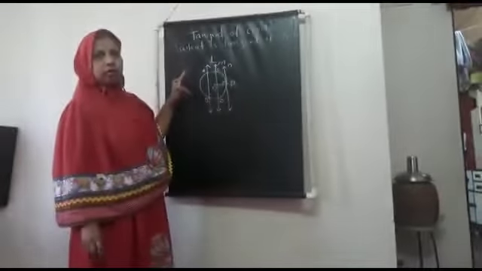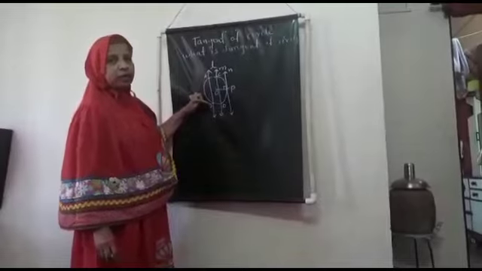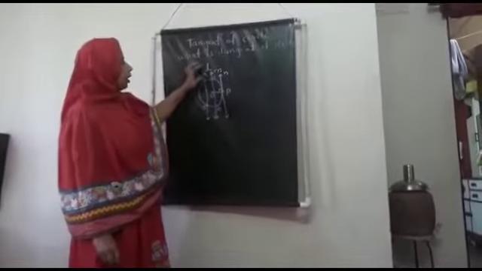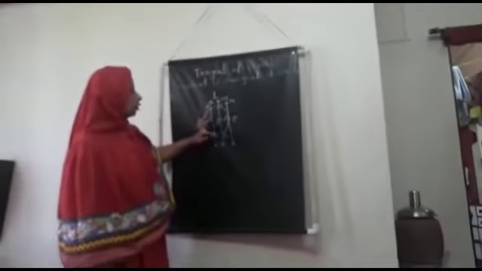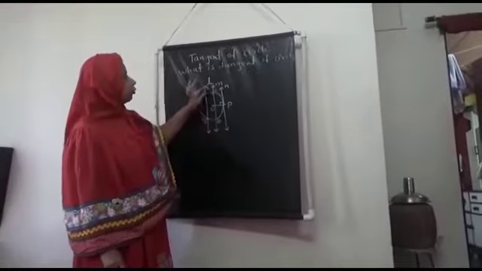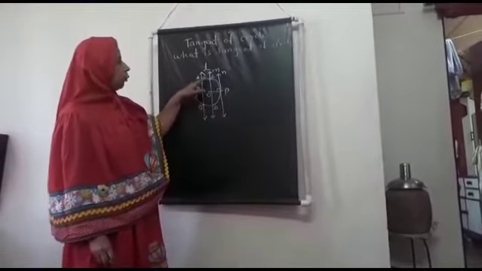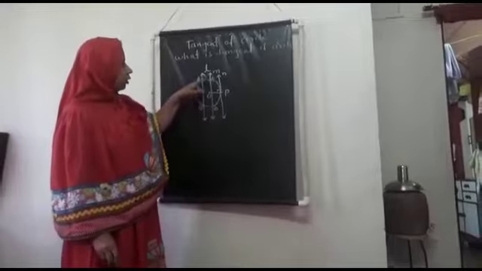Line L touches the circle in 2 points. Let's give the names A and B. The distance between A and B is a chord of the circle. One more line I am going to construct, which again passes through the circle and touches the circle in 2 points. Let those points be C and D. Again CD is a chord of the circle.